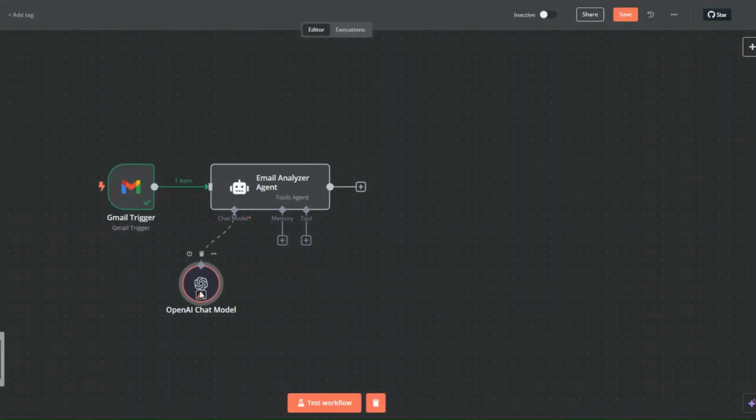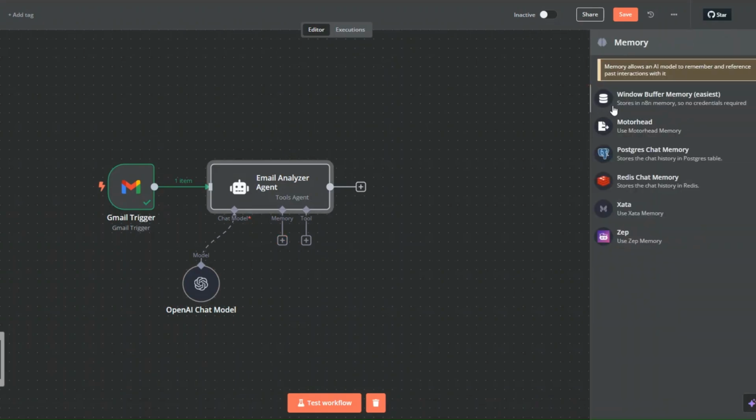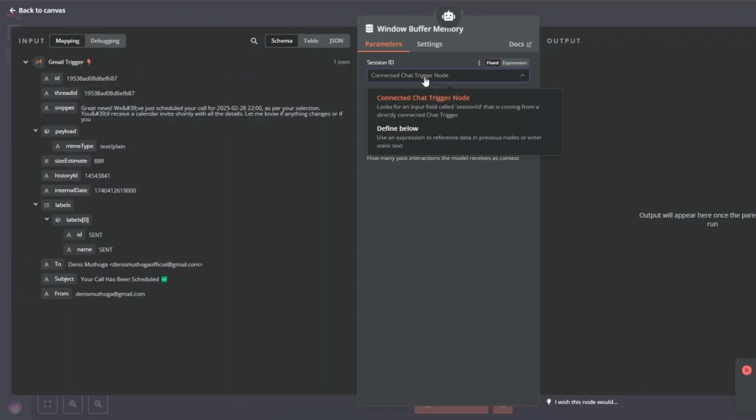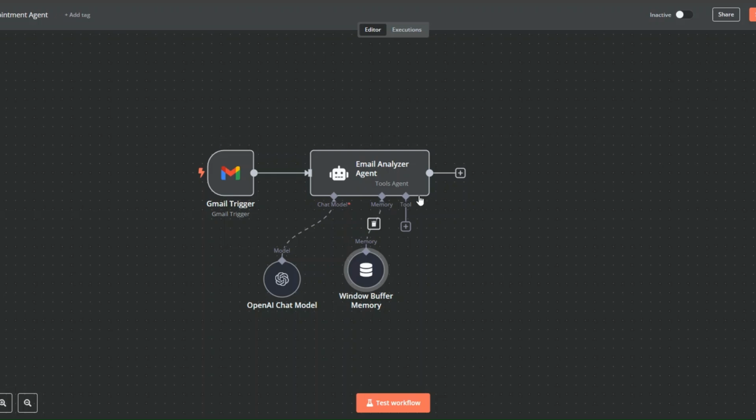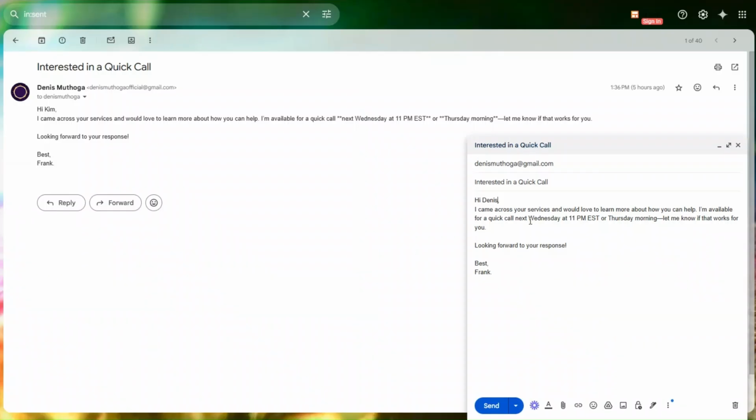Click on back. For the memory, I'm going to choose window buffer. Now, for the session ID, I'm going to choose define below, and here we can add this ID. You can drag it right there. Click on back. Now, to test if our email analyzer agent works properly, I'm going to send myself an example